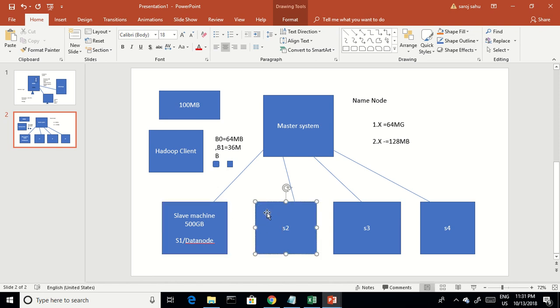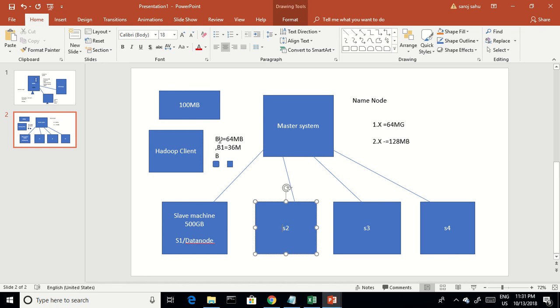So why not the server? Every machine having 500 GB, 500 GB, 500 GB disk capacity. So one machine can store the entire data, but in Hadoop it is not like that. Hadoop is a distributed file system, DFS. This file system makes the Hadoop cluster very efficient.